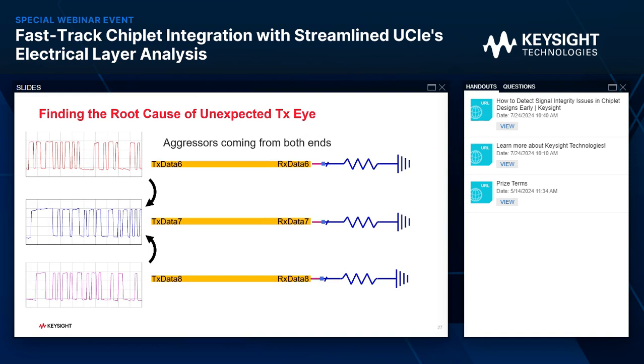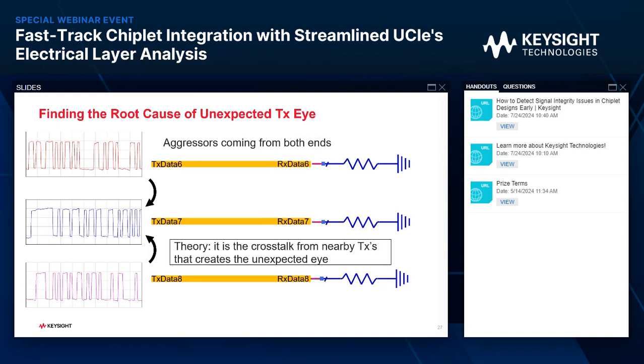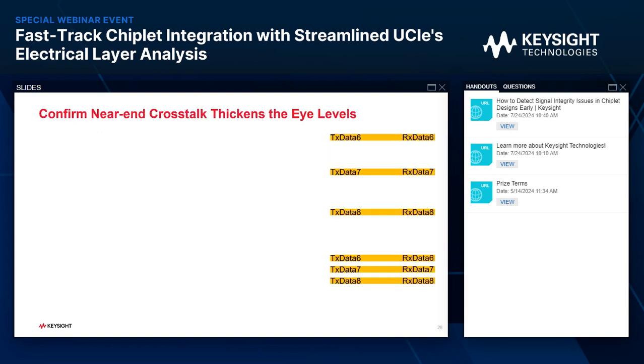So this is our theory. Our theory is that it is the crosstalk from nearby TXs that's creating the unexpected eye. Now, how do we test this theory? We'll confirm it by first having all the traces very far away, like so. There are 10 traces width apart, very far. Then we'll bring them in to 1 trace width apart and see if the near-end crosstalk is creating the thickening